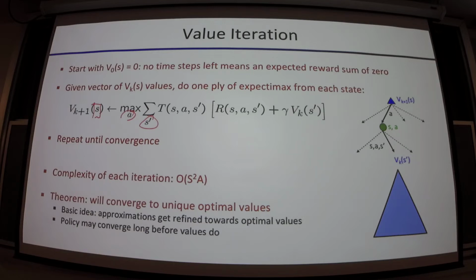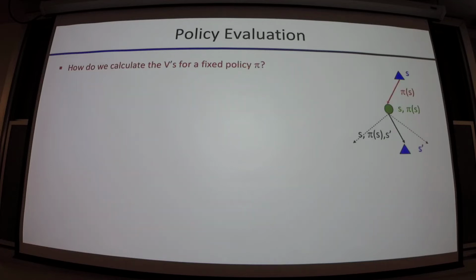Okay? The key takeaway there, however, is that what we're doing is we're determining these stars, right? But what we really care about is pi star, because usually we want an agent that's able to act. We're using these to determine this, because this is the thing that will actually run our robot, for our game AI or whatever it is. And the issue is that our policy is going to converge long before our values do. So there might be something better that we can do.